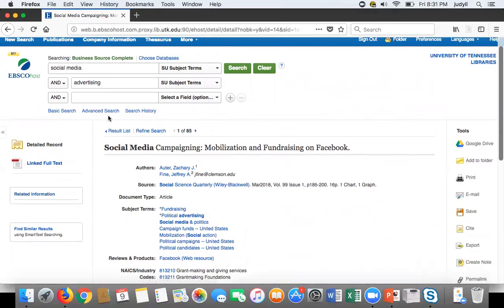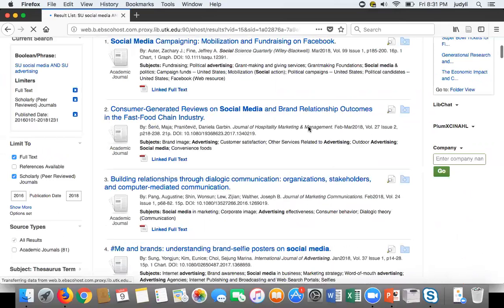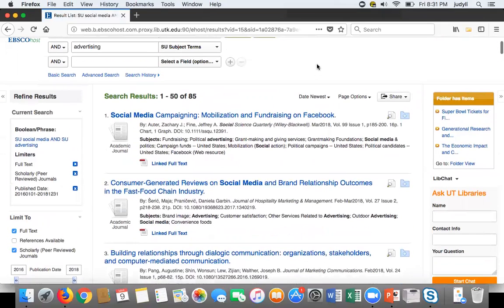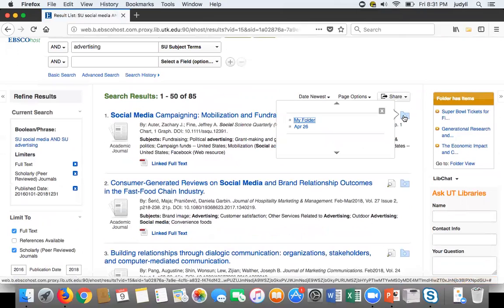Let's go back to the search result list. Oh, yeah. Now, if you say, I want this article, then I can actually add it to my folder. And you will see, once you sign in,